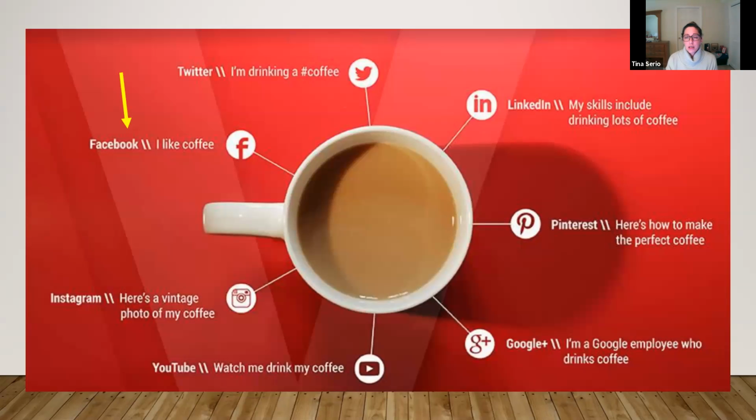So when you're creating a piece of content, when you're engaging on social media, you want to make sure you're speaking the language of the particular platform that you're posting on or sharing content on. So if you're on Facebook and you want to talk about coffee, something you might say would be, I like coffee.